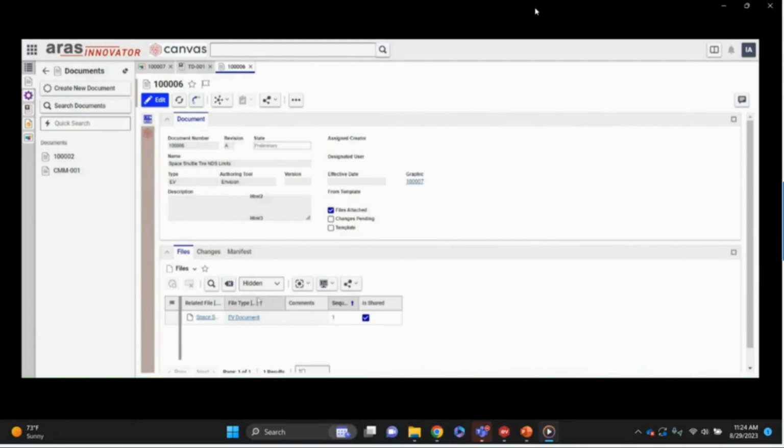In the document, we have that same manifest that contains all the objects that are referenced within the Envision document. The graphic is derived from that document